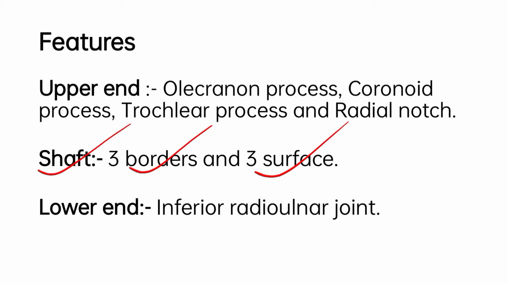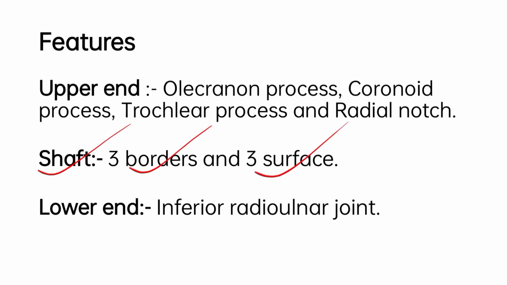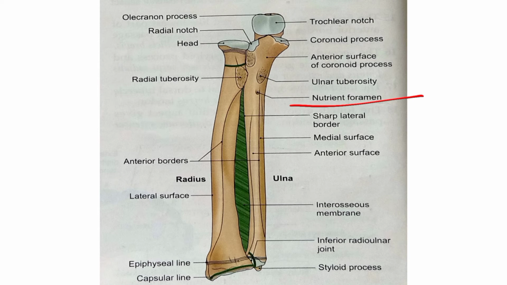Moving further to the surfaces. Again, in surfaces we have 3 surfaces: anterior surface, medial surface and posterior surface. The anterior surface lies between the anterior and interosseous border. Right? Anterior and interosseous border. Here you can see this is anterior and this is interosseous. So this surface is anterior surface, this whole surface. Alright. Then a nutrient foramen is seen on the upper part of this surface. It is directed upwards. The nutrient artery is derived from the anterior interosseous artery. So this is nutrient artery over here.